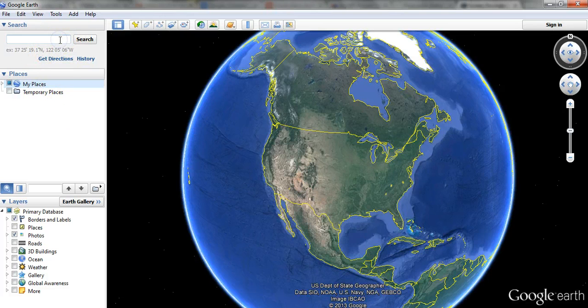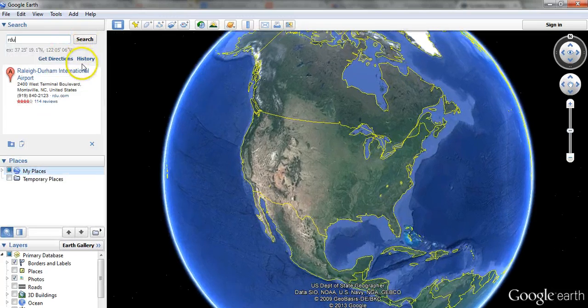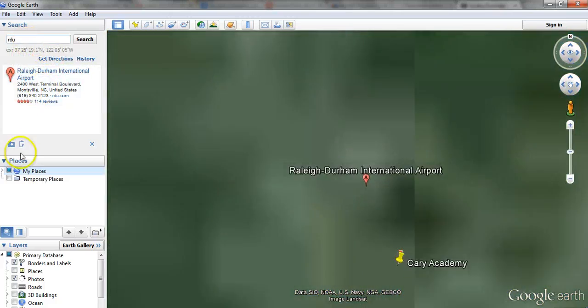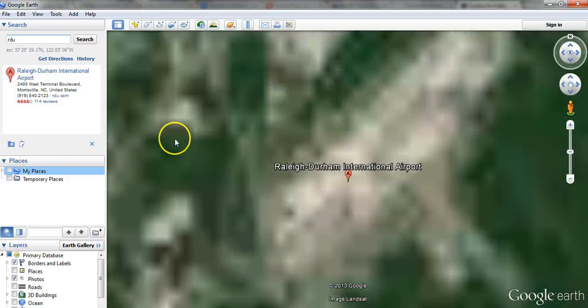So I assume you're going to be flying out of RDU. We can just type that in, and Google Earth actually knows where that is. This is the search button up here. I'm going to turn these off. There's RDU,